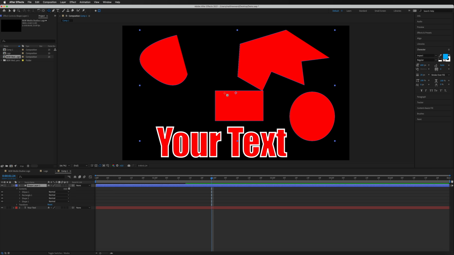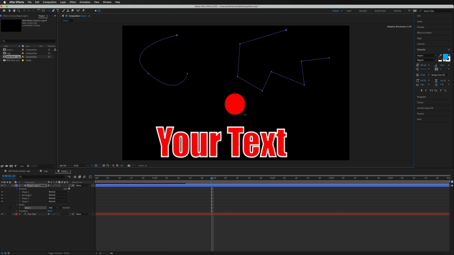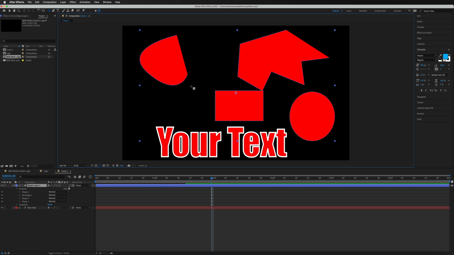So just to demonstrate that, I'm going to start to draw this. So we can see now that what this essentially has done is just cut out this circle from the rectangle and it's made everything else disappear on the canvas because it's all linked to that one layer. So if you want to avoid any of this happening in your projects, then just make sure that all your shapes are on individual layers rather than just one if you plan to use masks. So for now, I'm just going to go ahead and undo that with Command or Control Z. And we can move on to talking about animating the shapes.